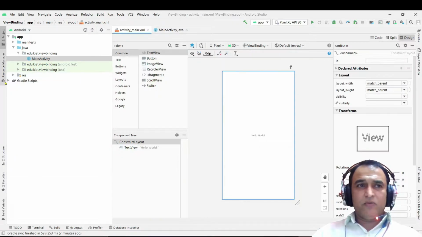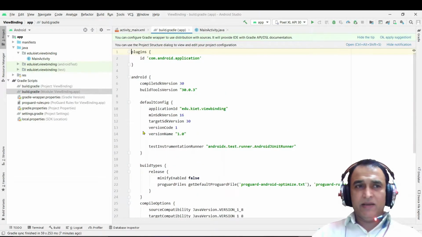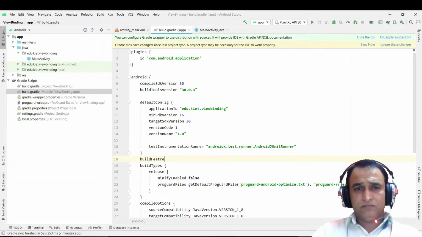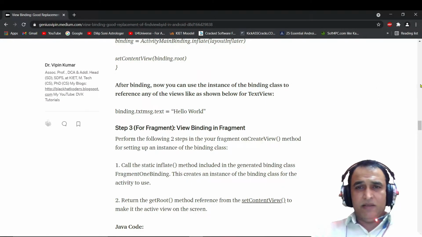So first of all, I have to open the module level Gradle file here, and in this Gradle file under android, I have to use buildFeatures like this, and here I have to put viewBinding true, like I have explained here.